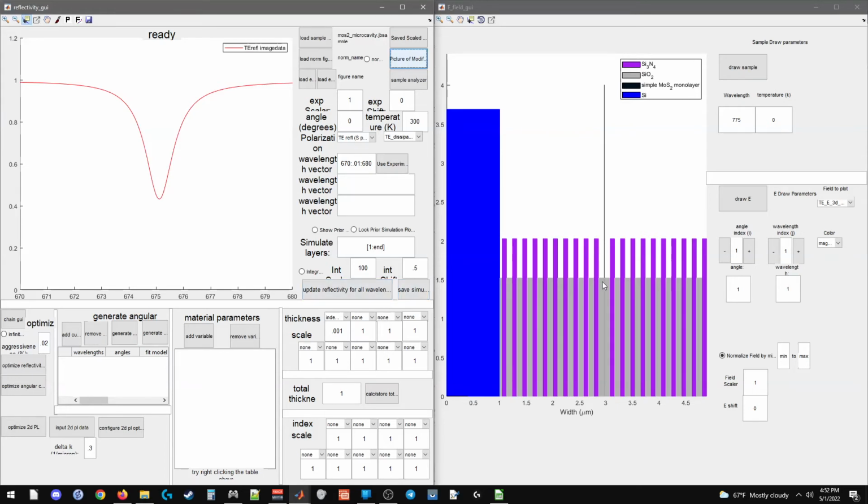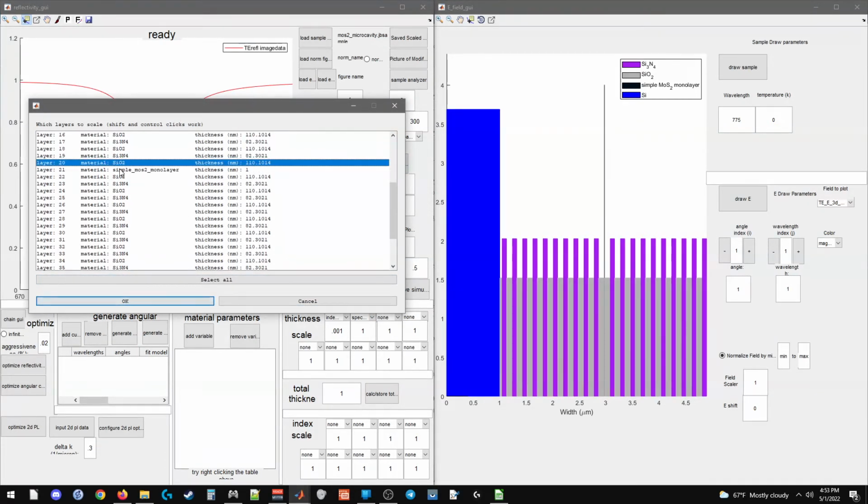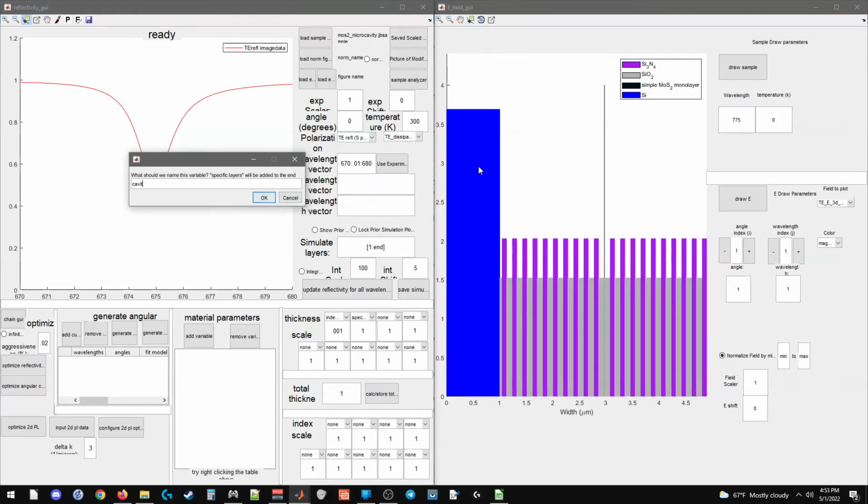But what else could I do? Well, what if I wanted to tweak the cavity mode? So right now the cavity mode is here. And let's say I wanted to move that cavity mode to 673, about here. Well, what I could do is define a specific layers function. I could select just the 3 that make up the cavity mode, these 3 here, and give it a name, cavity. And now if I cut that down,